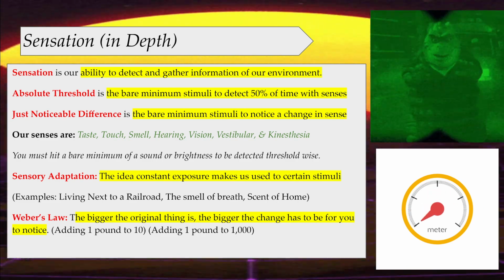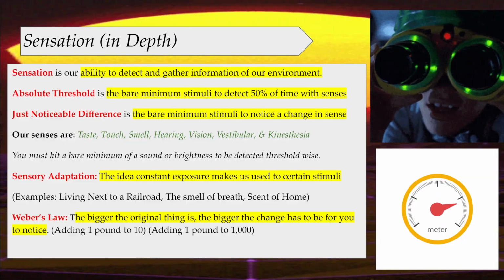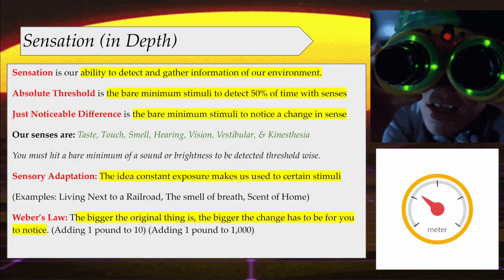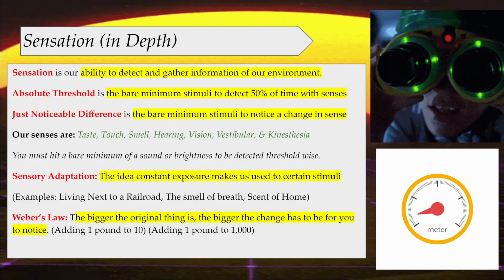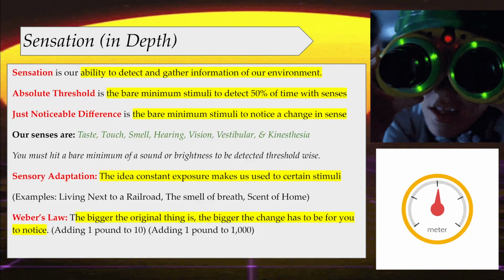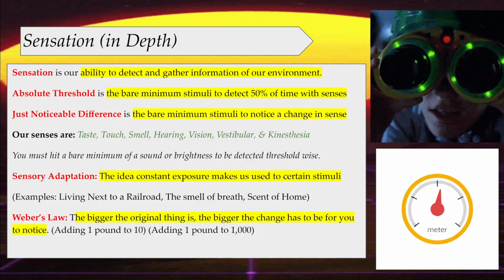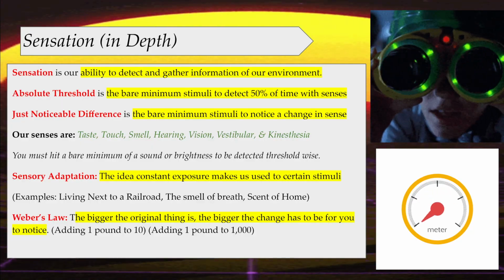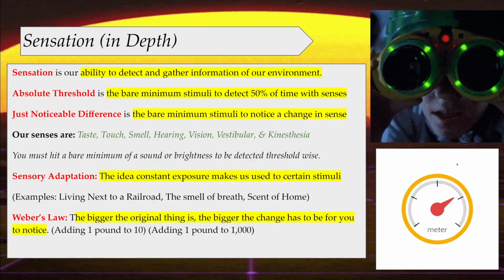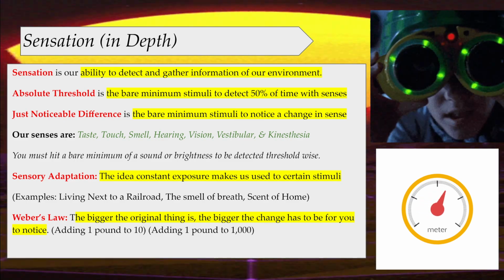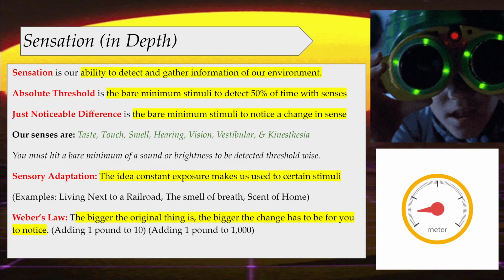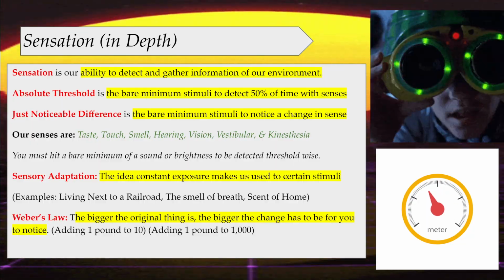Whereas if you're holding 1,000 pounds, or let's just say 100 pounds for right now, and we add 1 pound to that 100 pounds, that's only 1% of a weight change. And for that, your body might not notice or be as sensitive to that change to detect it. So basically what Weber's law is telling us is that we will notice a percent change way more than an overall number change in something. 1% is a lot different than 10%. So that is Weber's law. Easy way to remember that is the W for weight. Many questions lean on that idea of weight.